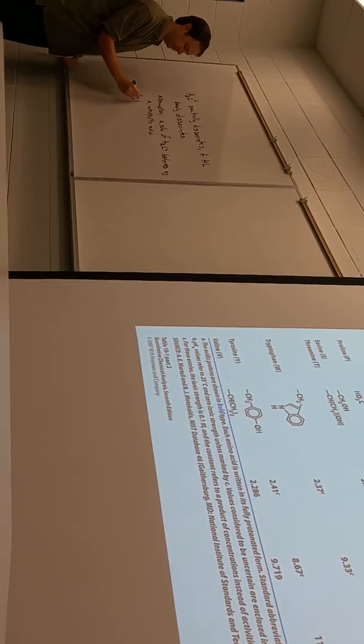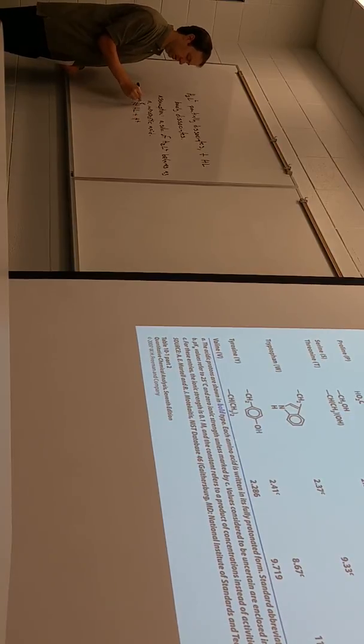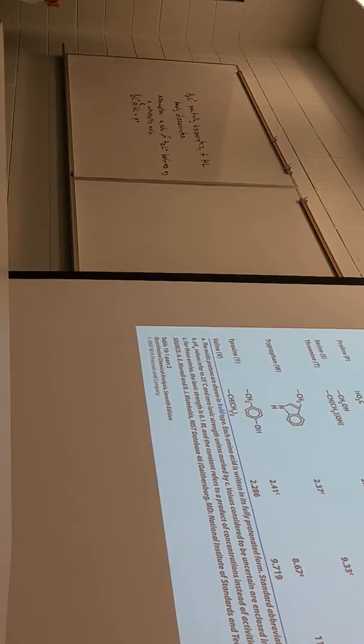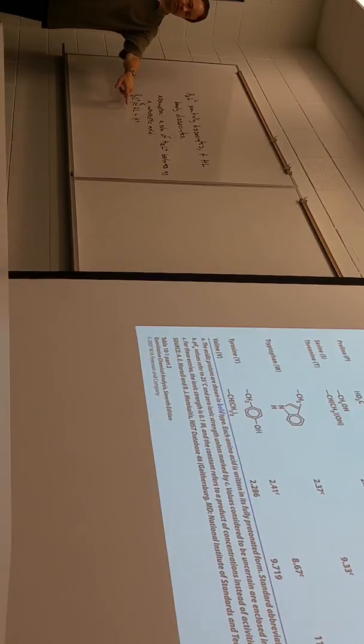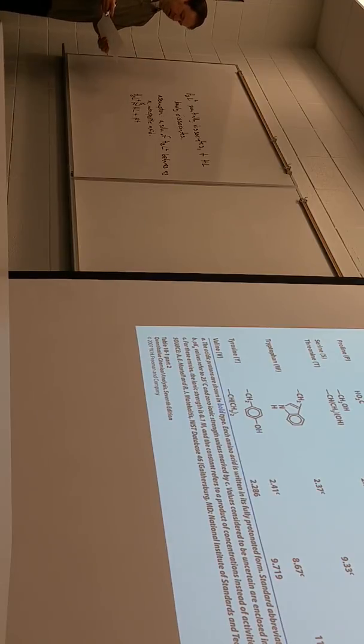So H2L+ goes to HL and H+ for the Ka1. That doesn't mean that the second reaction doesn't occur. It does. It has to. It's got a Ka value that we know, but it's going to be really small. So most of the pH is going to be representative from this first reaction. And the small amount of HL that's formed, there's not that much of it to begin with, and it really doesn't want to go to the last form either, because that's a 10 to the minus 10th reaction. So for all practical purposes, we can assume that this is really the only reaction we have to worry about. And you say, great, we know how to do that.